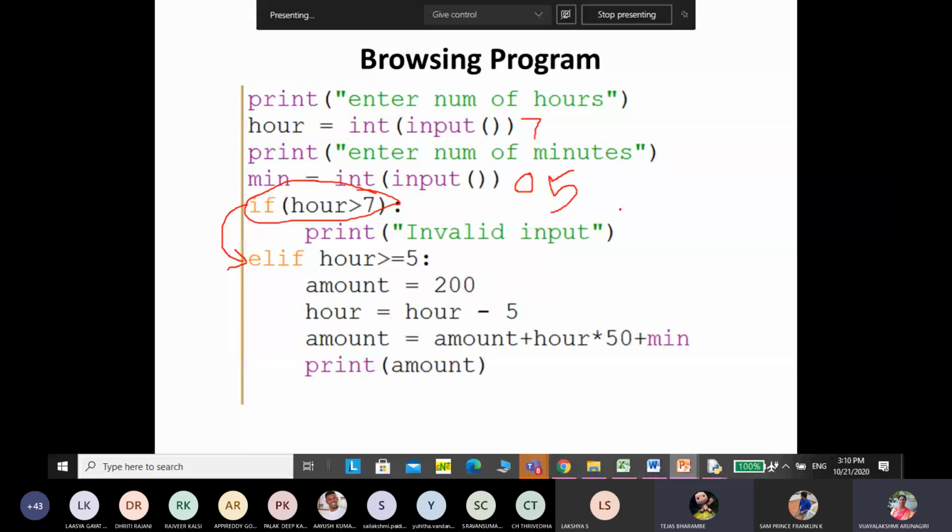Actually, no. We should not make a program more complicated. Normally, we won't take the time in this way, hours, minutes. If it is seconds, then we need to include one more variable for seconds. In programming, general logic I'm telling, we should not take hours, minutes separately. Either take it as minutes, seconds, or seconds only.